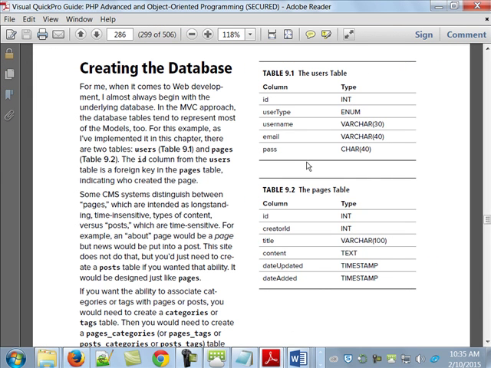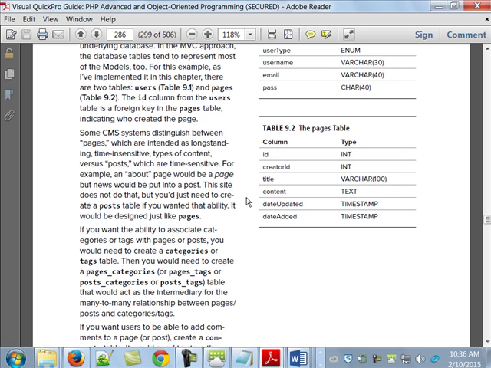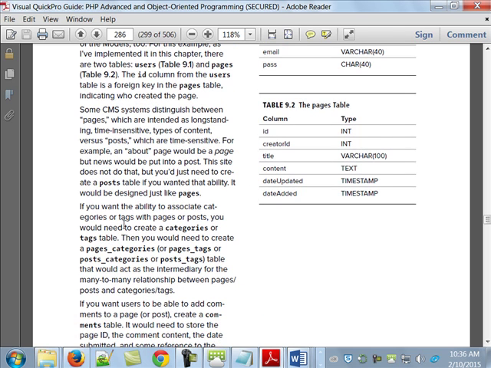All right. So what he explains here, on pages 286, 287, 288, and 289, is what I just went over with you. He explains what's in the tables. He explains why he set it up this way. He does mention in here